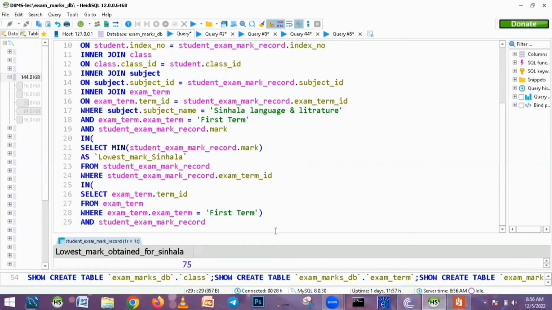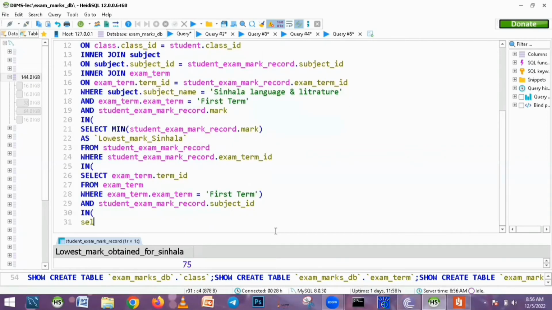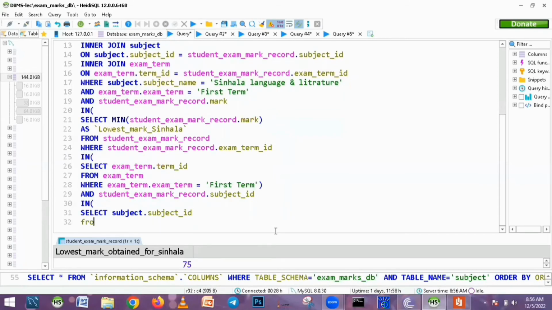Then we need to get the student exam mark record table for every join. So now I need to get the foreign key subject ID in subject ID, get the primary key, from the subject table